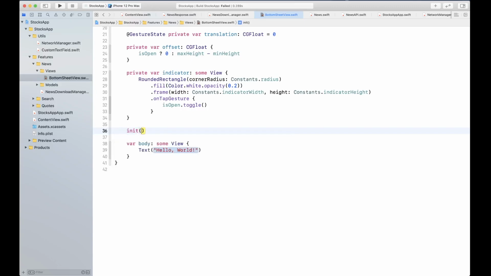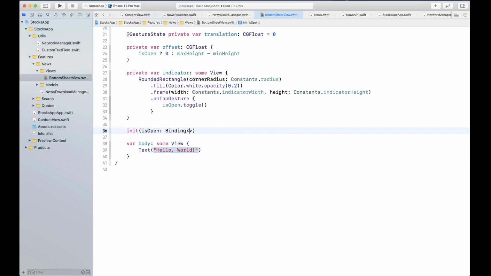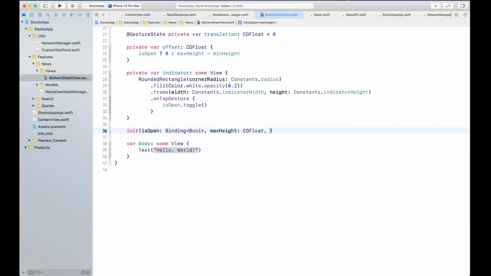Okay, so that's basically going to be our indicator, and then we can create our initializer. During the initialization, we're going to ask for the is open value, a binding of type boolean, and max height, along with a view builder.